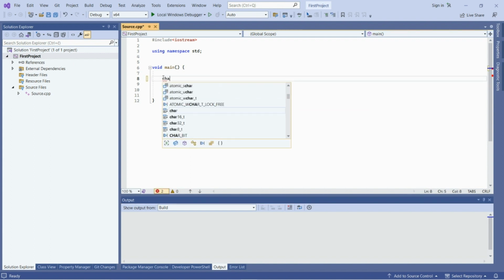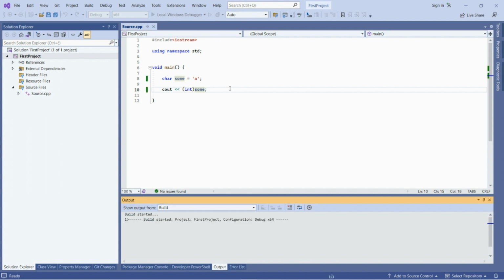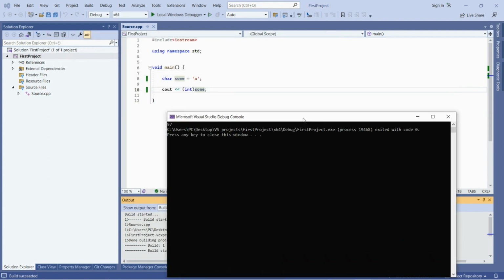Let's first declare a char variable, and then to print its decimal value I need to do explicit conversion. For explicit conversion, you need to specify the data type you convert the variable to. And this is how explicit conversion works.